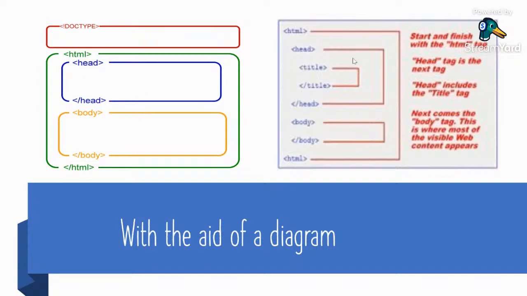And here, in this other picture, you see that in the head we have the title tag. The title is inside the head, and whatever is in the head will not be displayed on your web page, but anything you put in your title tag, you're going to see on the browser. And anything you put in the body is going to display on your web page. That's where we also have the footer and the rest.